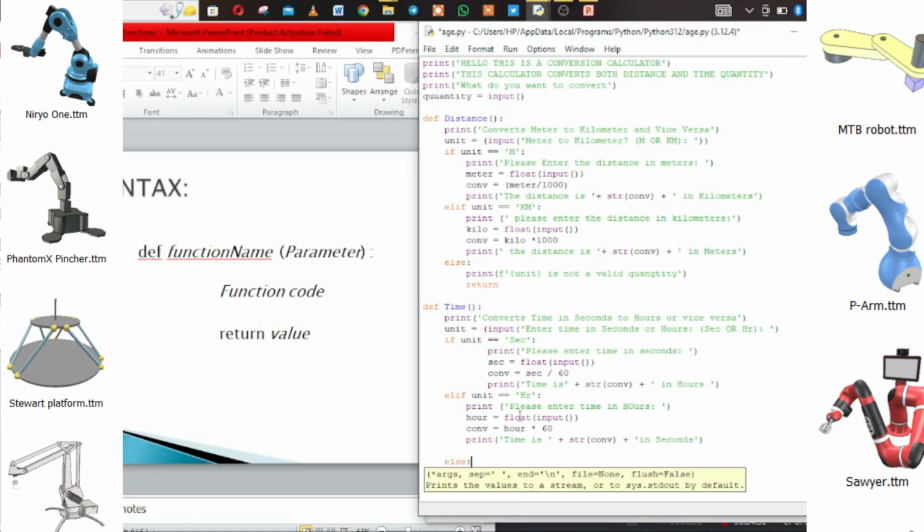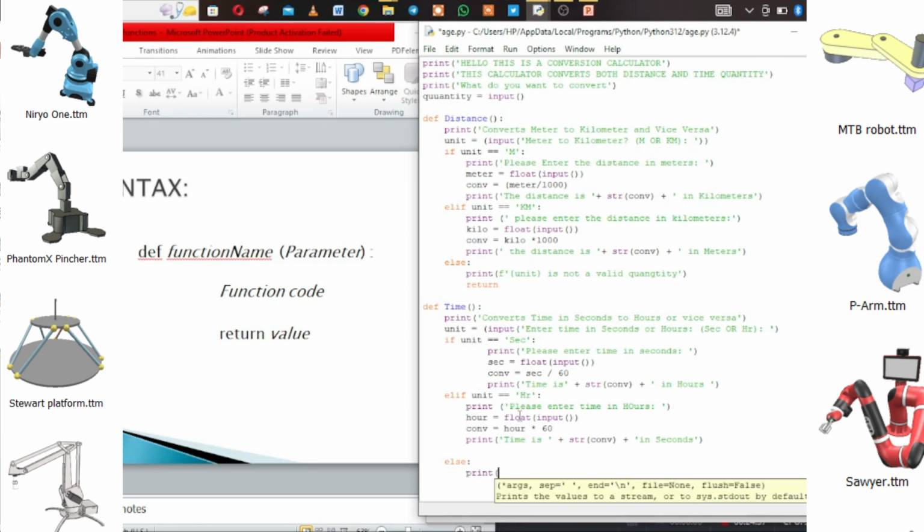Else, like we had for this, we can print, using an f statement, that the unit is not a valid quantity. So you see the point here is that